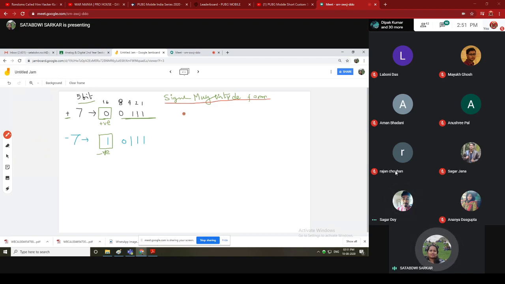Okay, now we have to represent 12. Suppose we want to represent 12 in sign magnitude with 5-bit representation. So the value of 12, we all know, is 0 0 0 0 1 1, and again I'm telling you that 5-bit representation is required, so it is 0 for the 5th bit, the MSB.